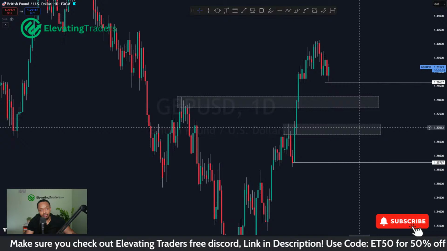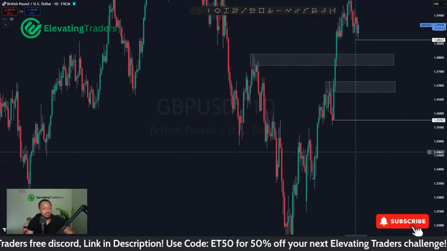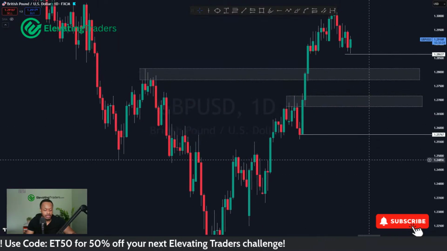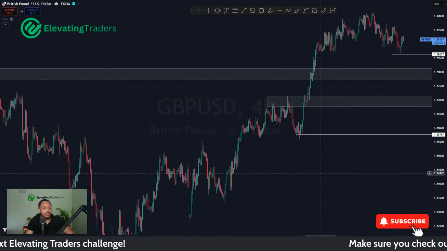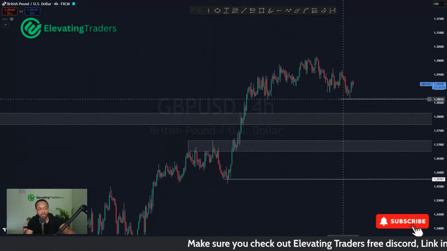But yeah, if that doesn't hold, I'll look around the 1.27 mark, and 1.26 looks like a really nice level of demand as well too. So that could be a nice place to get involved. I do think we can get to roughly those areas if that support doesn't hold. So yeah, essentially I would agree.